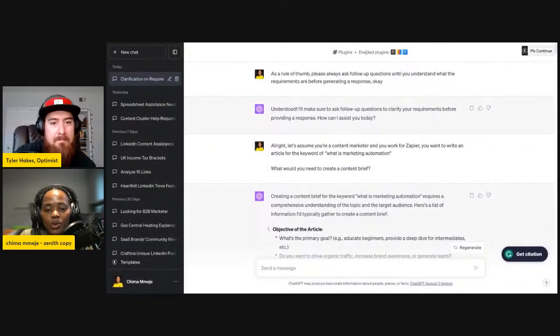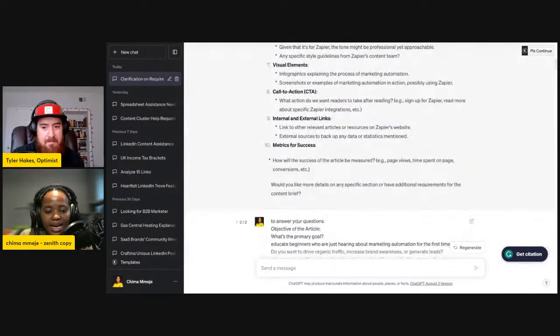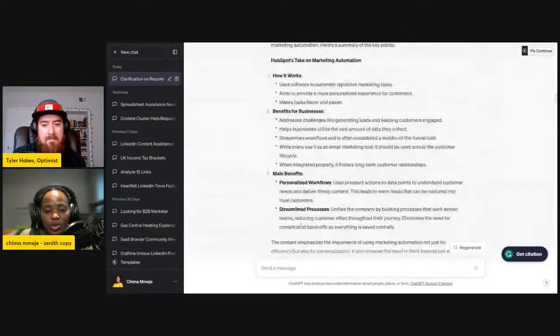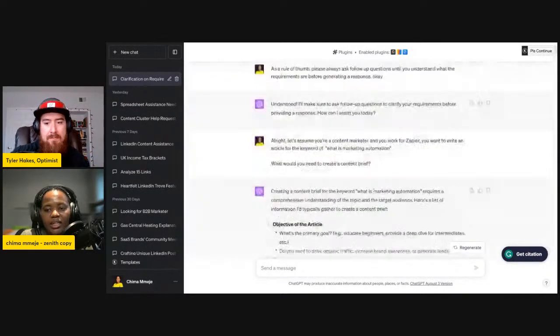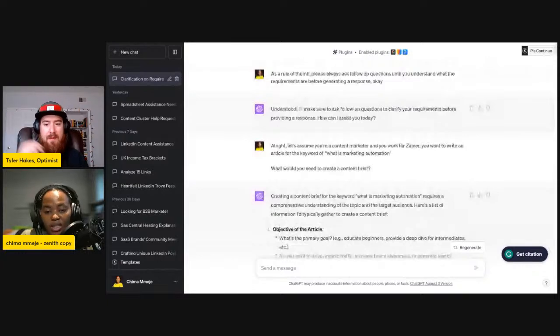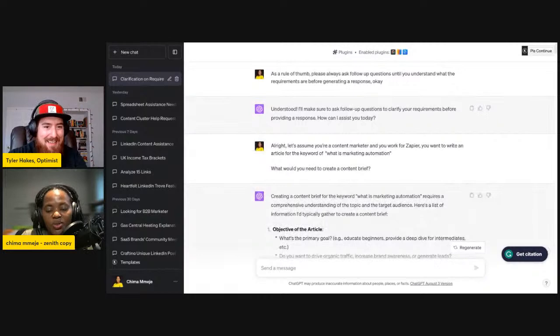I have two plugins that I use. One is called Access Link. In fact, this is the main plugin I use, to be honest. I use it to get ChatGPT to analyze links and, oh my god, I forgot the name of the person who shared this, but someone shared this during a presentation with the FCDC. I hope if there's someone from the FCDC here who attended that presentation, please put his name in the comment section. I feel so bad, but he's the one that showed us this tool,